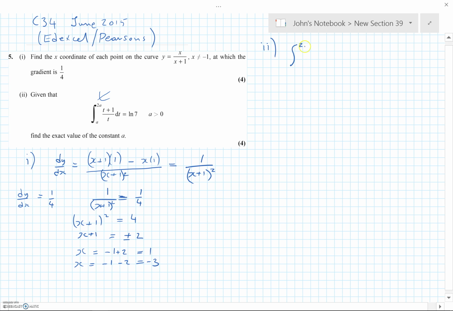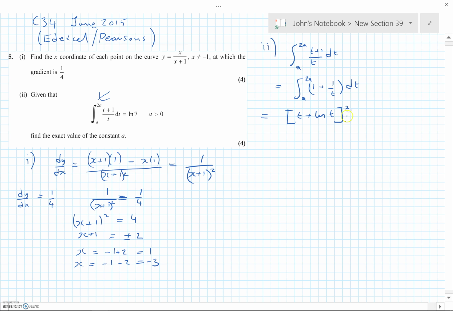We just need to integrate the (t plus 1) over t, put in the limits and equate to ln 7. If I just divide through, that's the integral of 1 plus 1 over t dt. So that equals t plus ln t